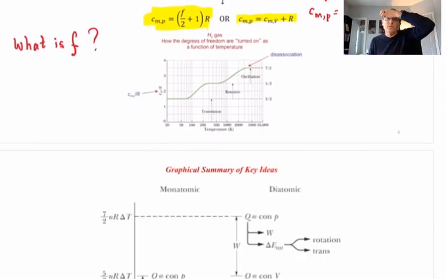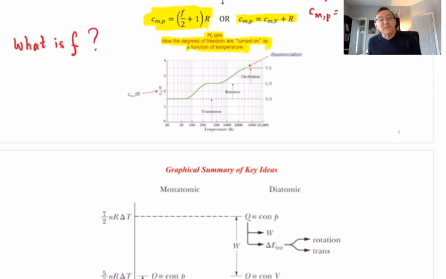So now I want to show you how to think about F a little more. And I want to show you a representation of actual data. It's not taken from an original literature, but it's a representation of original literature, actual data from actual experiments for hydrogen gas, since we've been talking about that as our kind of example of a diatomic gas, okay? And I want to show you how the degrees of freedom, F, for the diatomic gas, are quote-unquote turned on